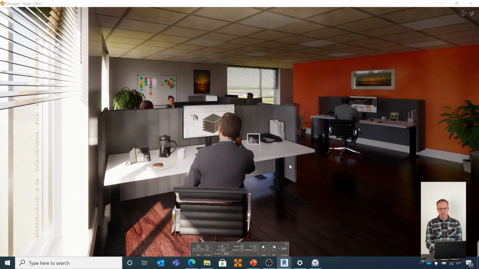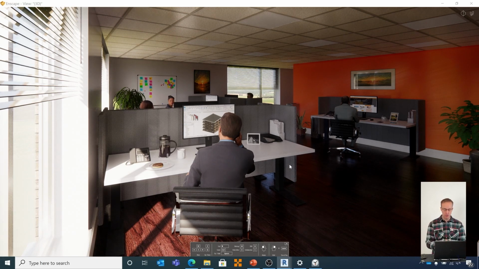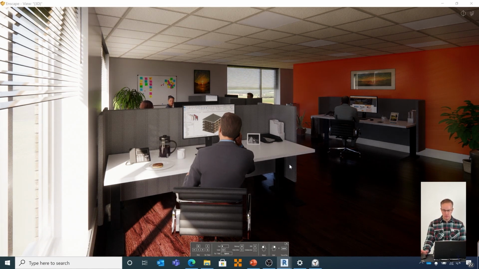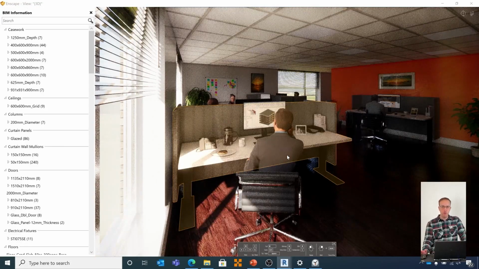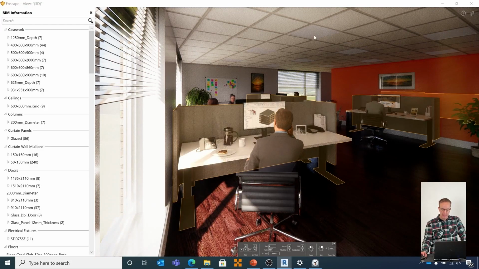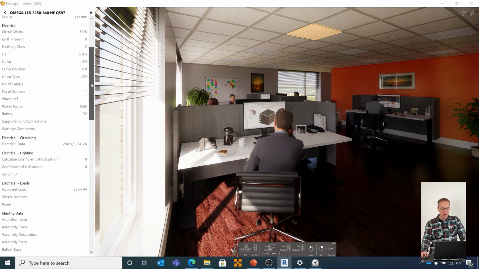A couple of other little things before I start moving too much around. So we've got loads of options. We have a little toolbar at the bottom of our screen up here. I've got a 4K screen, apologies, on this laptop, so it's quite small, so you probably can't see what it says. But it's just telling me the controls. So I've got my moving around controls, but I've also got some other controls, like if I press B, for example, on my keyboard for building information modeling, I could go and select one of these light fittings here and click. By selecting that light fitting, it's going to give me all of the information with regards to that particular